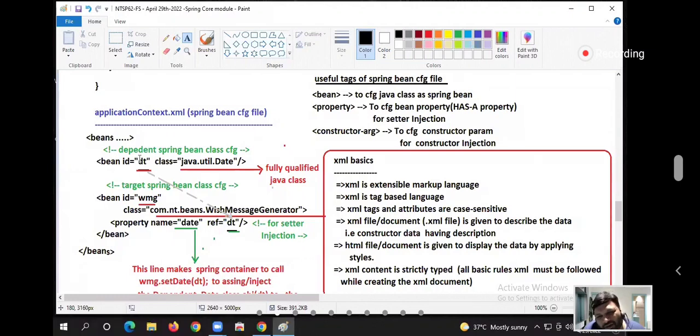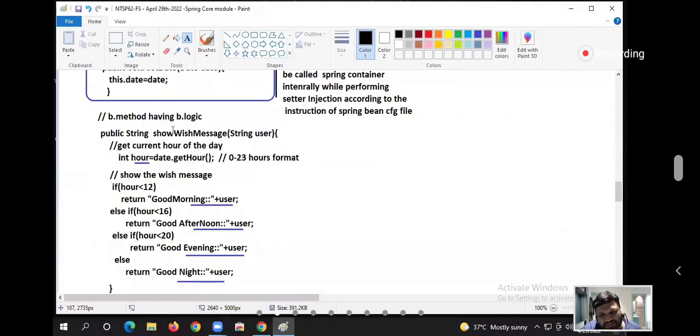Come on, guys. The container will do all this when you ask for it, right? How to ask the container to give a certain class object? If I get the target class object, anyhow the target class object will be injected with the dependent class object. So I can get the target class object and call the business method on the target class object.